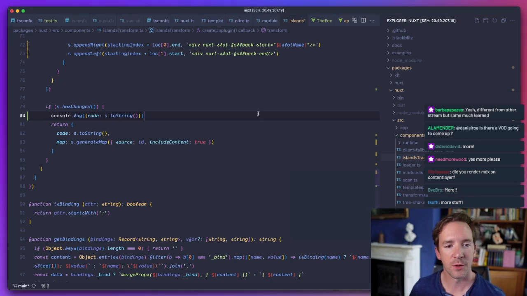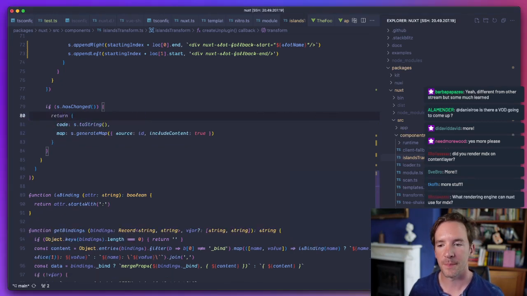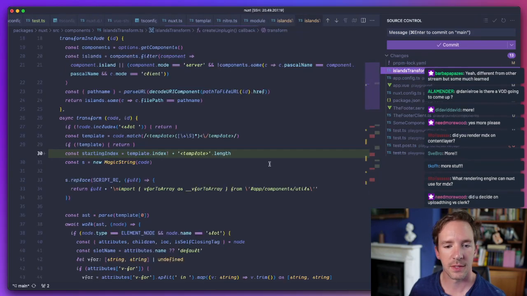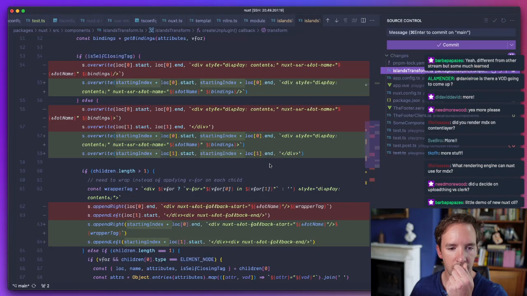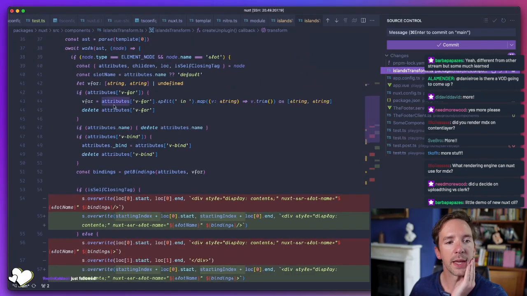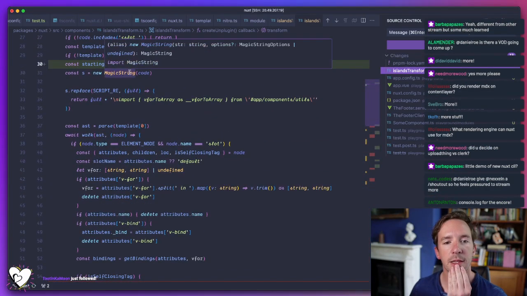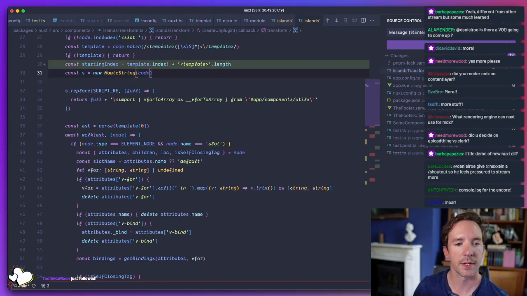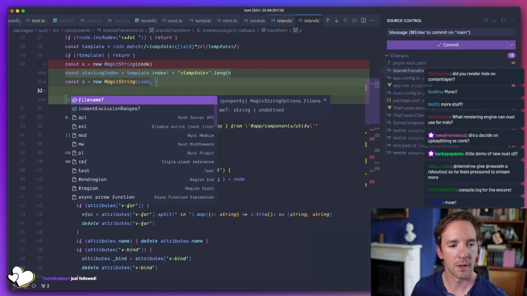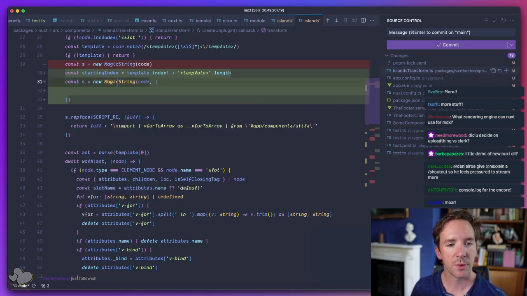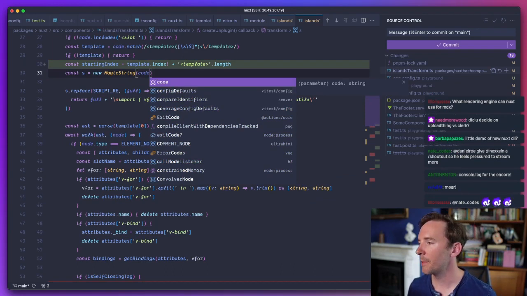For a start, what I'm going to do is stick this up, because even if this is a little bit... I wish there were a way in Magic String to tell it the starting index. Maybe there is, and then you wouldn't need to. I wish there was a way just to say, hey, we're only modifying this bit of a bigger string.